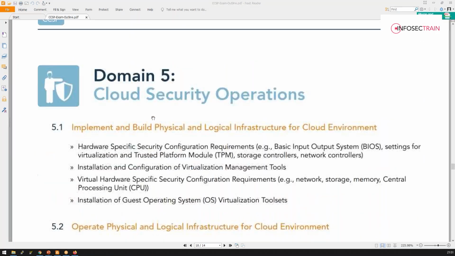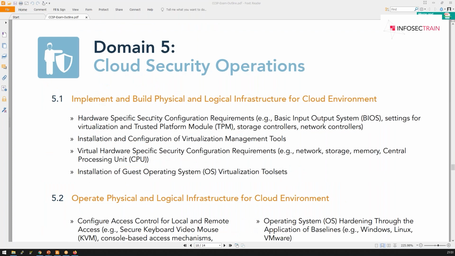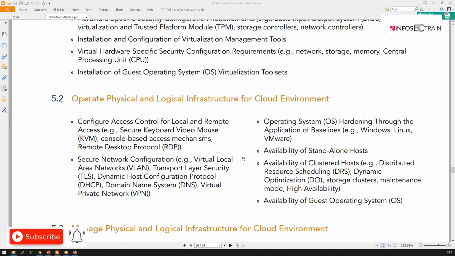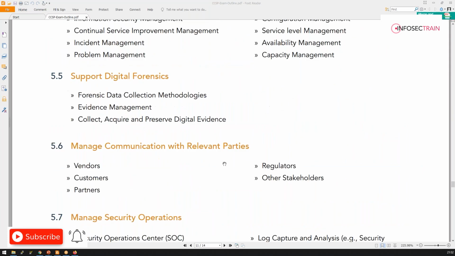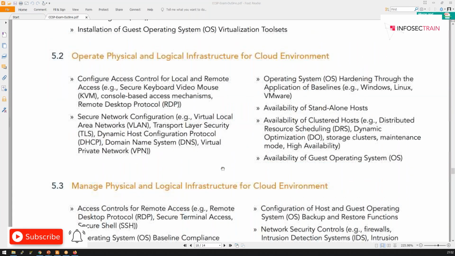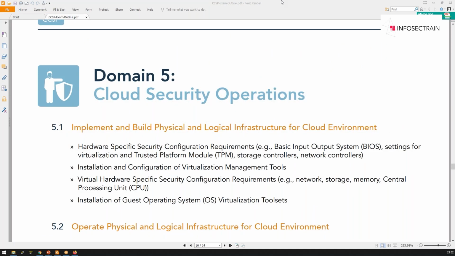Then we have a domain called domain 5. Domain 5 is all about cloud security operations. You will feel that domain 5 and domain 3 are almost the same. The reason is that domain 5 is also more from the cloud provider's perspective. First of all, in domain 5, we have to understand the various physical and logical component